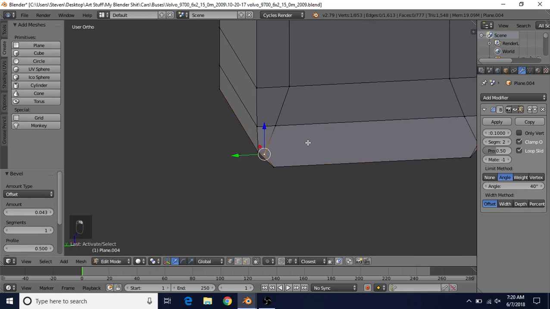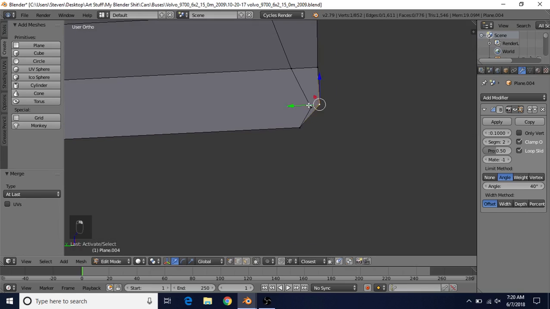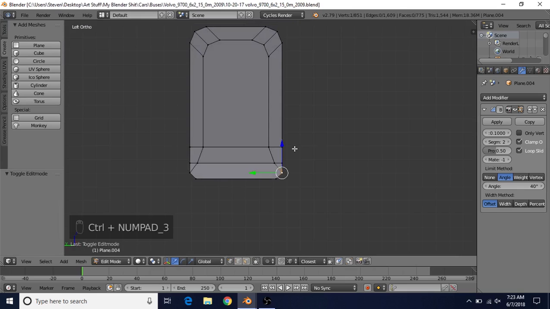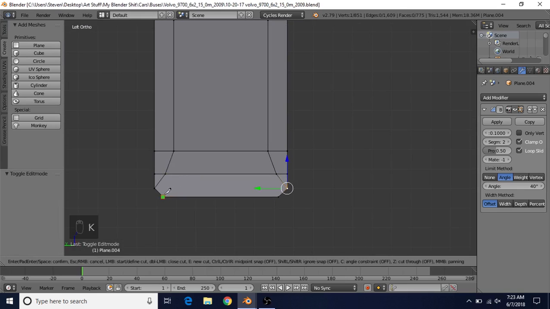And now at this point we're going to take this vertex here, and we're going to Shift select this one, Alt M, at last. And then do the same over here, merge this one over to the last point. We're going to do Control 3 for left view. And we're going to do K for the knife cut tool. We're just going to left click here, and then we're going to try to make a rounded shape, so we're just going to carefully with our knife cut tool just take this and make sort of a rounded shape, and